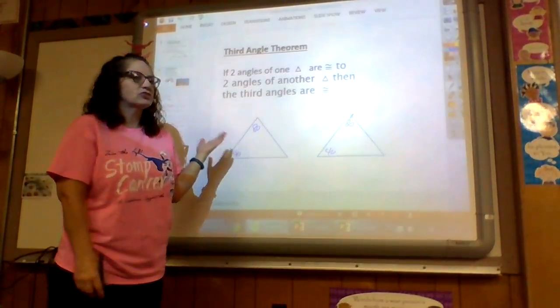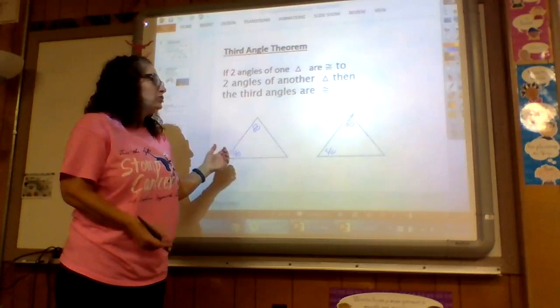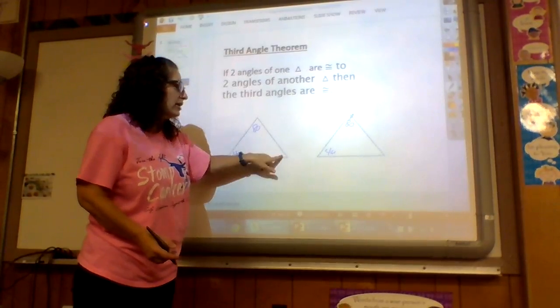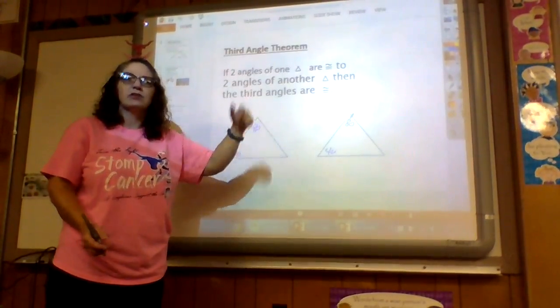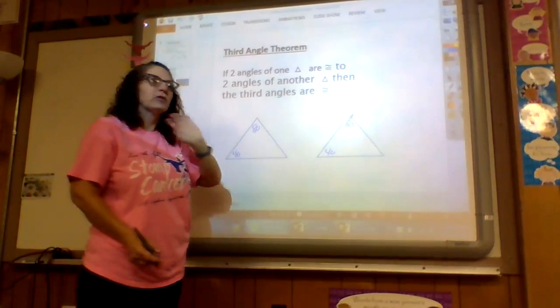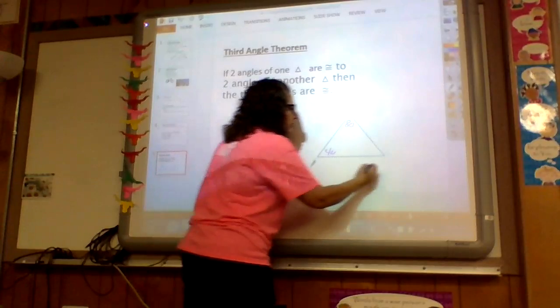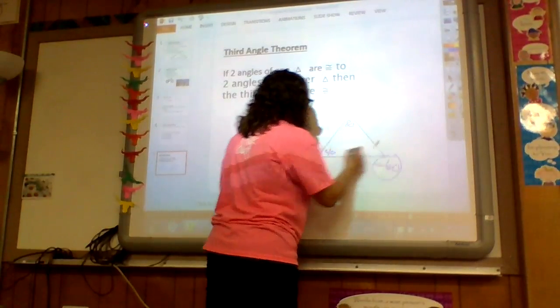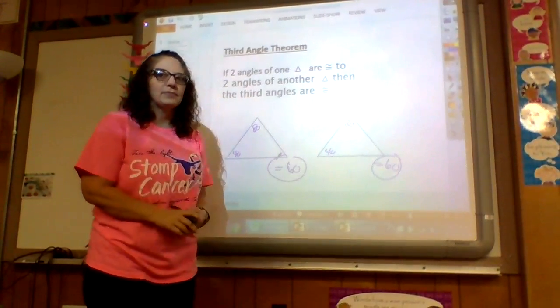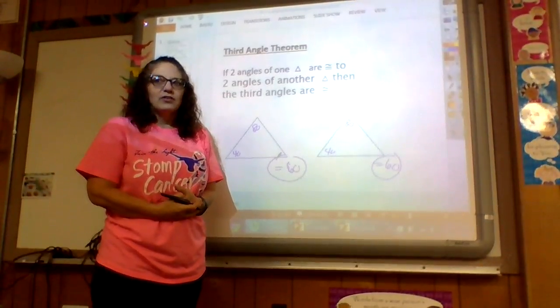So in any 2 sets of triangles, you don't necessarily have to have the third angle marked. If you know 2 are the same, then the third is already going to be the same. So this would have to equal a 60, and this would have to equal a 60. So the third angles will be congruent. All right, that's pretty much the lesson for